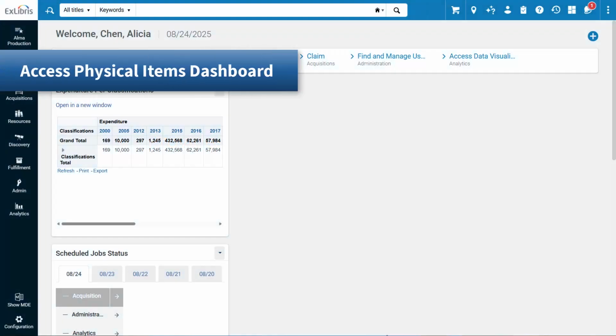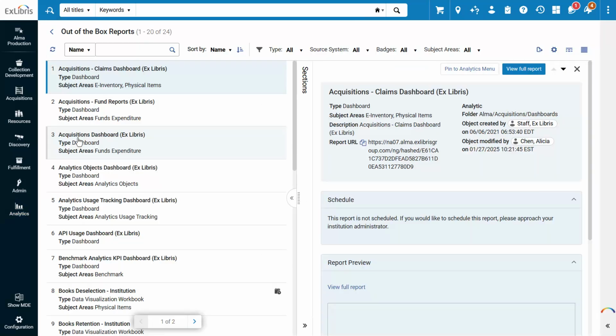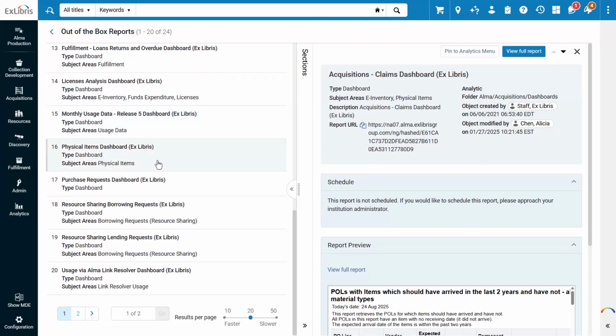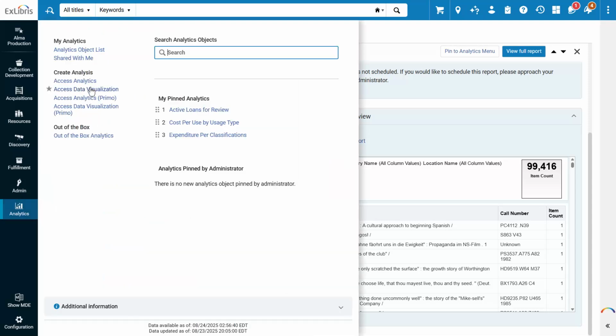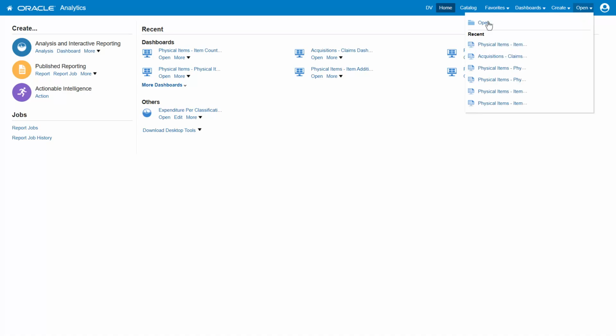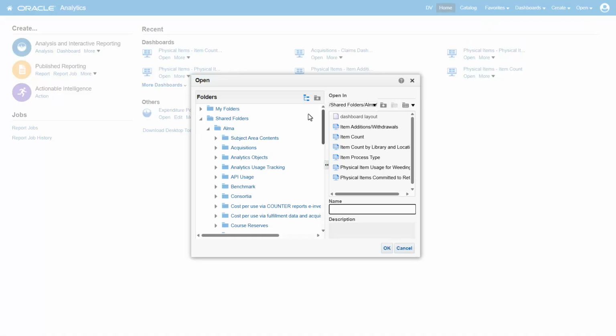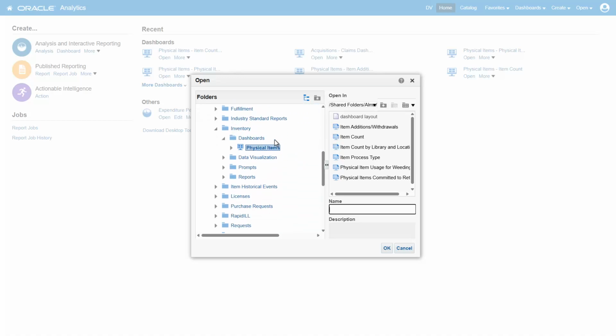You can access the Physical Items dashboard in two ways: via Analytics, out-of-the-box Analytics, find the Physical Items dashboard, and click on it for a preview of the report and a link to the full report. Alternatively, open Analytics. In Oracle Analytics, click Open, and under Shared Folders, Alma, Inventory, Dashboards, select Physical Items, and double-click a report